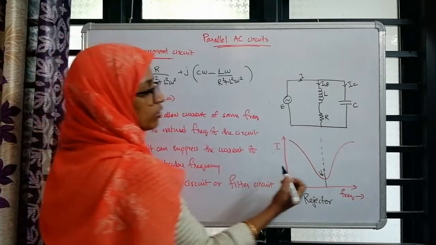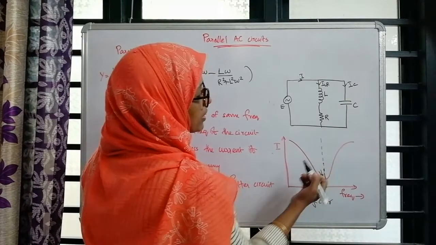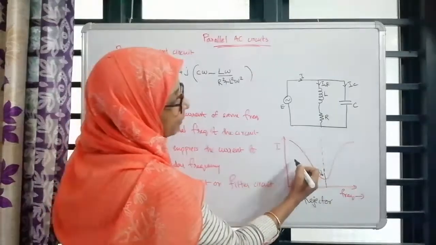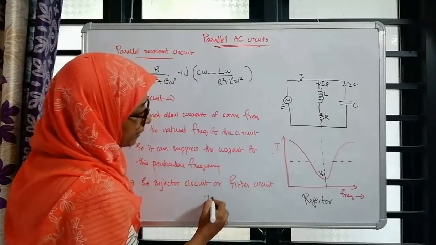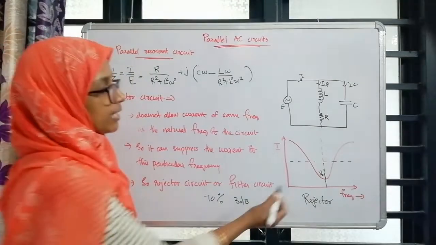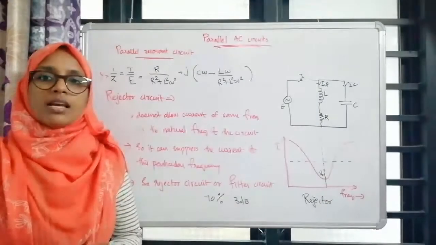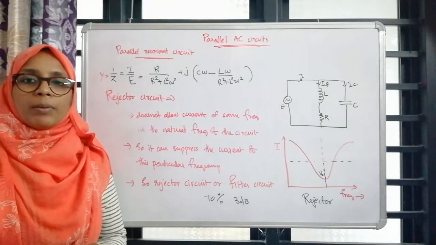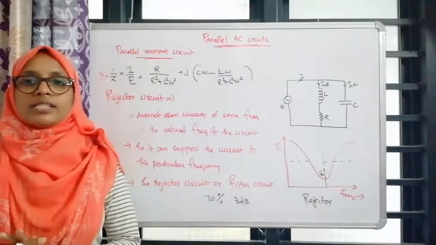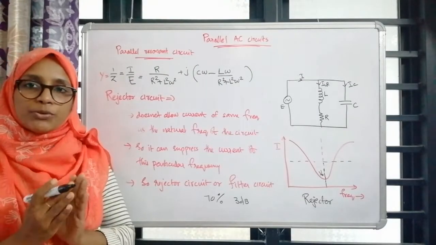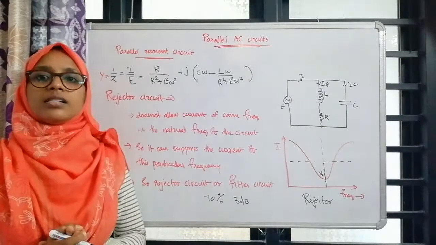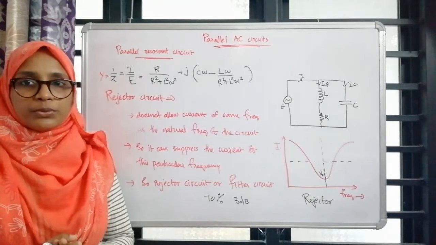Okay, then we can also consider the half power frequencies as we did in the case of series resonance circuit. That is, when we consider 70% drop, 70% down, or 3 dB down, we can find out two frequencies F1 and F2, which are the half power frequencies, and the difference between these half power frequencies will be the bandwidth, which rejects the particular range of frequency, and the rejector frequency will be in between this bandwidth. Okay, this is all about the rejector circuit or parallel resonance circuit.